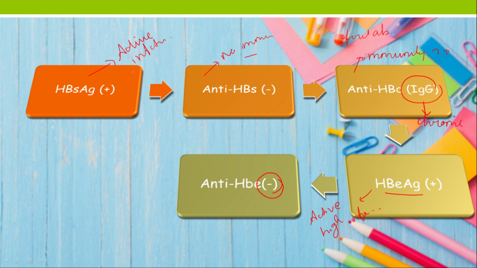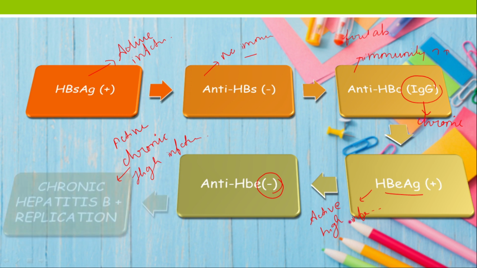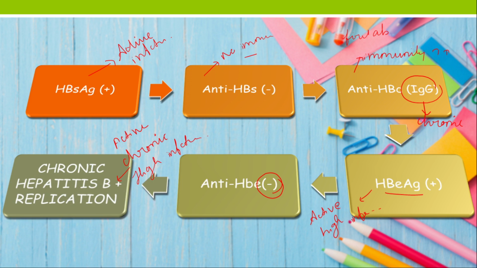So it is clear that some active infection is there, which is chronic, and immunity had started its gain now, and still now there is high infectivity. So it's very clear, then we can go for the inference that it can be a chronic hepatitis. So let's see. Yes, it is chronic hepatitis B with active viral replication. Okay. I think now it would be easy for you to interpret this hepatitis B profile. So let's go for the next scenario.